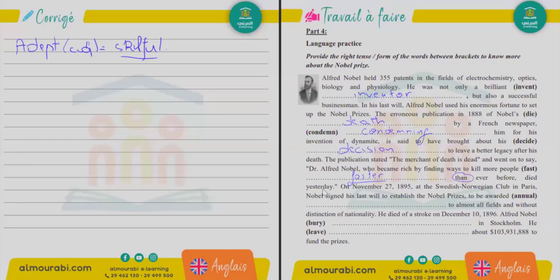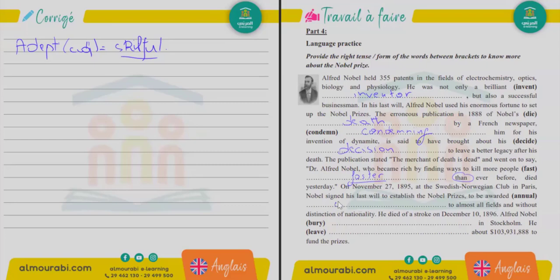Go ahead, continue reading. He died yesterday, on November 27, 1895, at the Swedish Norwegian club in Paris. Nobel signed his last will to establish the Nobel Prize. This is to be awarded